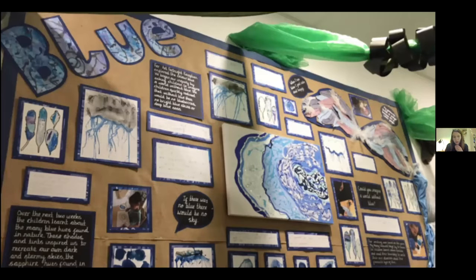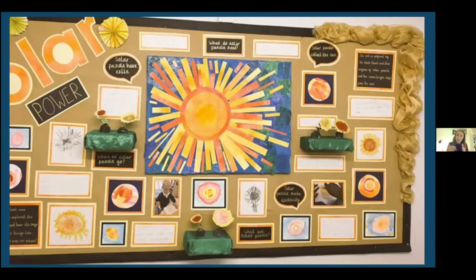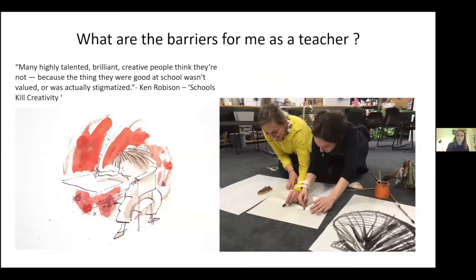I'll talk through that when we look at learning journeys. That's one little part of a project that is going on simultaneously to the other learning going on in class, and I'll talk through that when we look at the teaching backward structure. But I feel like canvases can add something central and draw your eye into a display. It's a really nice way of showcasing that everyone has a little bit of something up on the board. I normally start a canvas with children halfway through a project, and then they rotate and work on it each art lesson, so that they've all got something that can go up on the board.